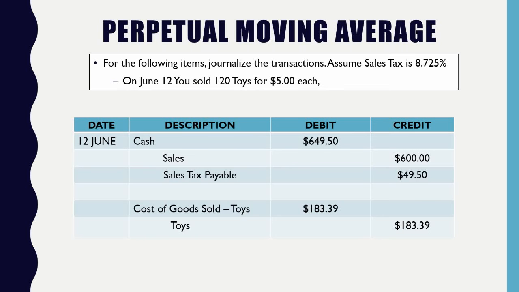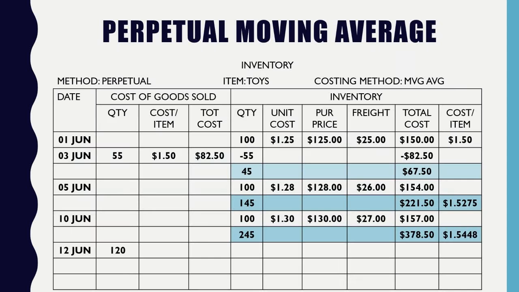So then, next thing is that on June 12th, we end up selling 120 toys. So in this case, straightforward, right? I take my 120, because I don't care which batch came first, which batch came last. All I care about is taking out the total amount of quantity that I sold, and figuring out how much each item cost me. In this case, on average, each one cost me